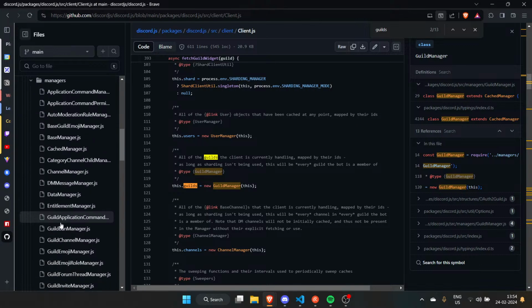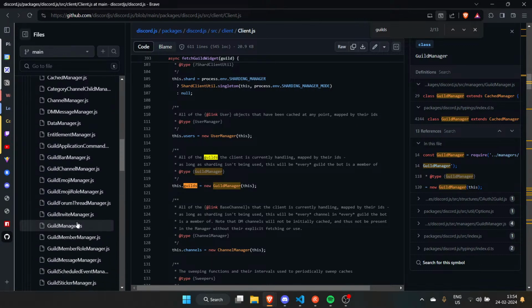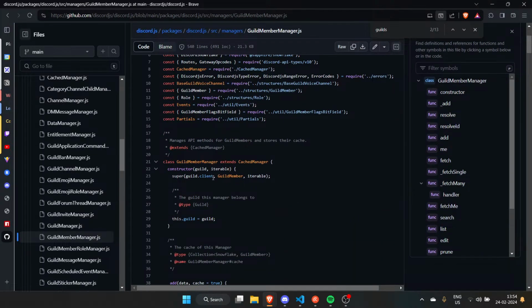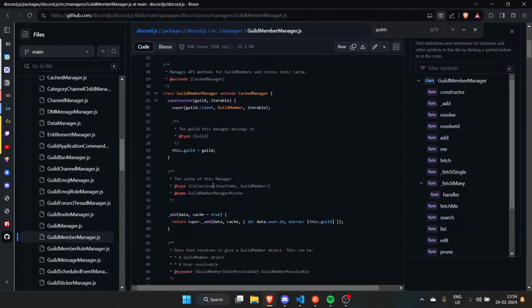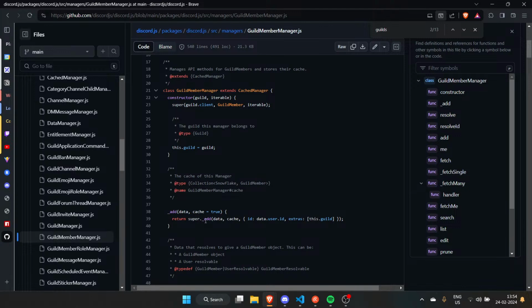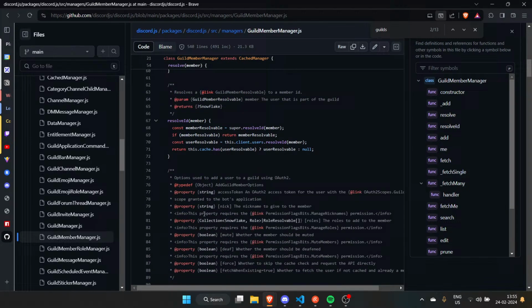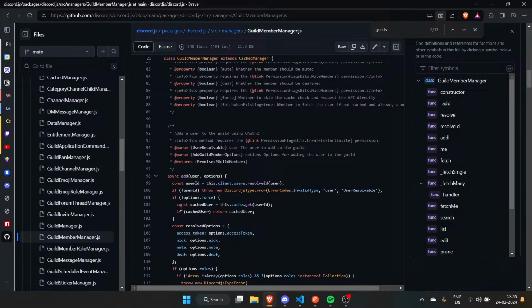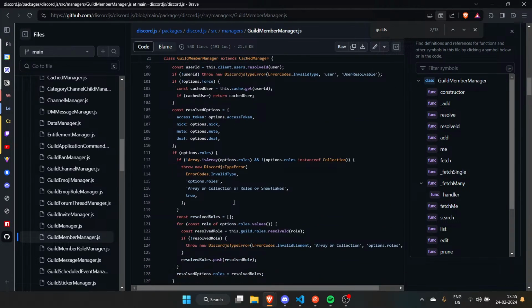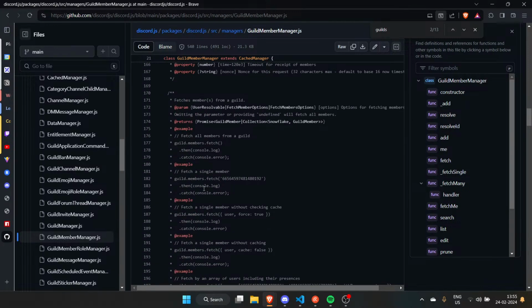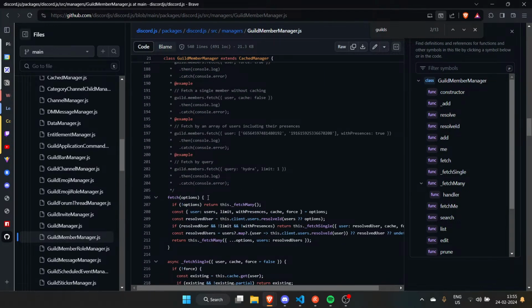Source/managers/guild manager. Okay, so we have super, iterable, add, super add data cache, resolve id, async add user, option, me, and then we have fetch.